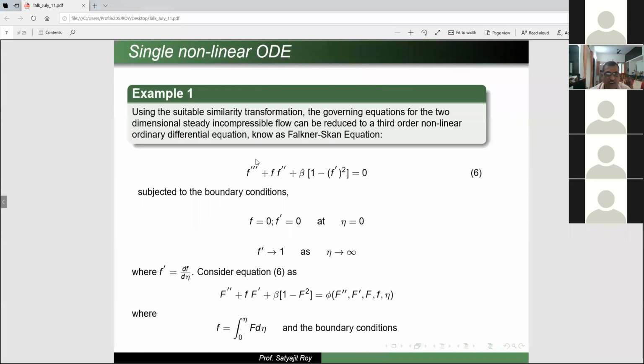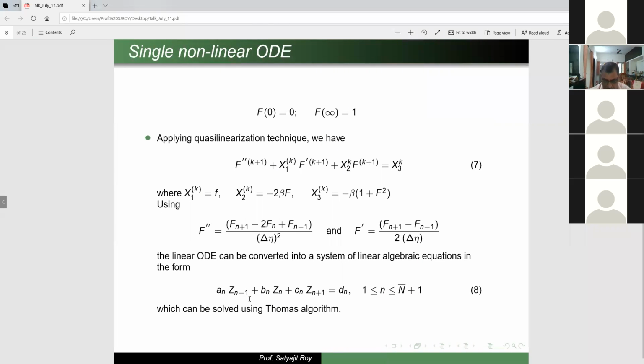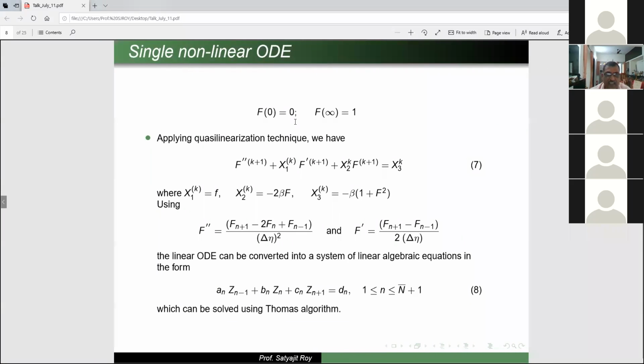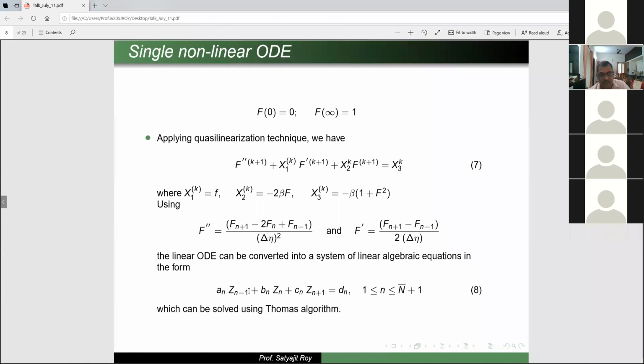Now see, this is the Falkner-Skan equation. Everybody knows, I think. Fluid dynamics people will know. The Falkner-Skan equation is a third order equation. So we make it second order by assuming that f dash, which is df d eta, is capital F. Now see, this is my phi. Now if this is phi, then this is 0, infinity is there, then I linearize, I partially differentiate with respect to capital F double dash, and then F and F dash, all I do, and then I get this system. And then this is a tridiagonal system.